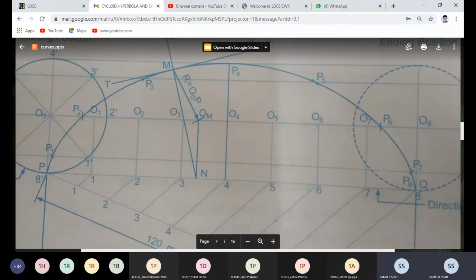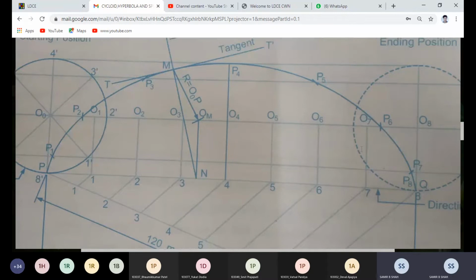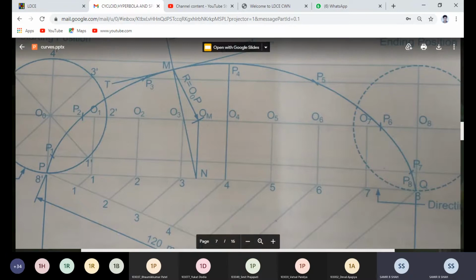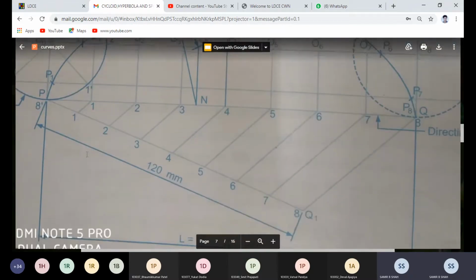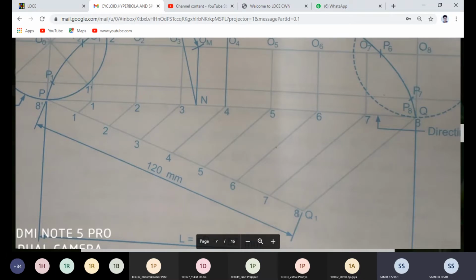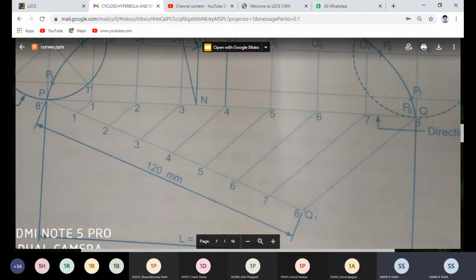Now we have to divide the line PQ into 8 parts. We know very well that it's really difficult to divide it into 8 parts in a proper way, so we have one method. Based on that method, draw one line from the last point, which is 120 mm. So it may be easily bisected into 8 parts, 15 mm each part, and then I am getting 120.